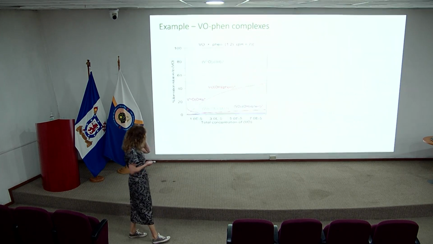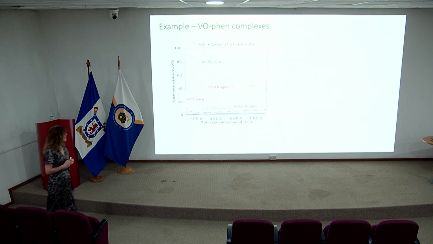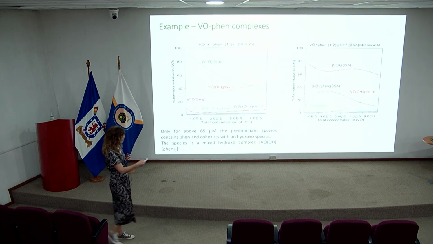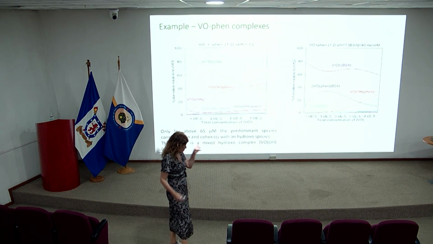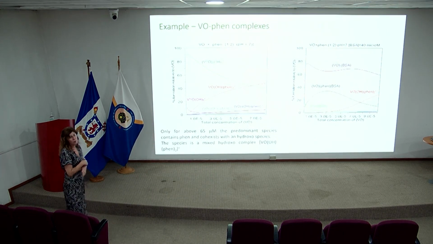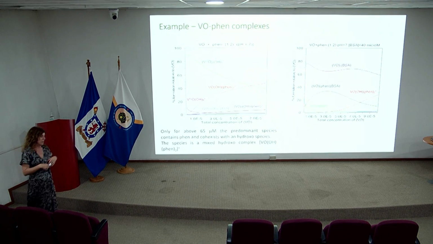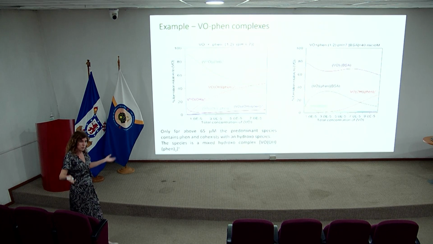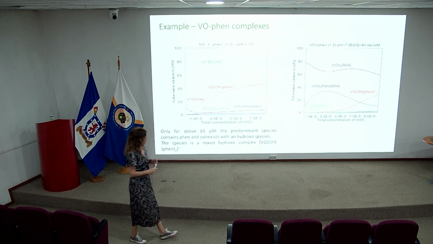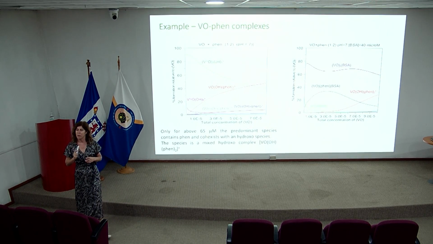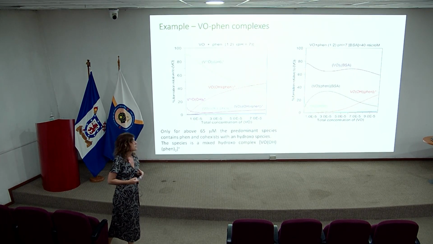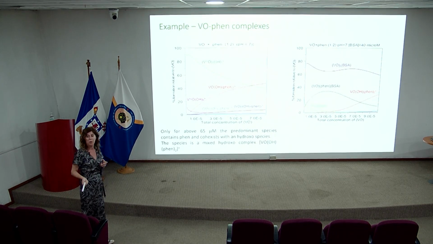So we also studied this system. I will not tell you much about it, but we were concerned with the effect of the presence of bovine serum albumin. When you dissolve a compound in cell media, it has a lot of things in its composition. For the cells to grow, they need nutrients, so a lot of amino acids, sugars, etc. And they have to be supplemented with fetal bovine serum. It's a mix of different biological molecules, but it also contains bovine serum albumin.